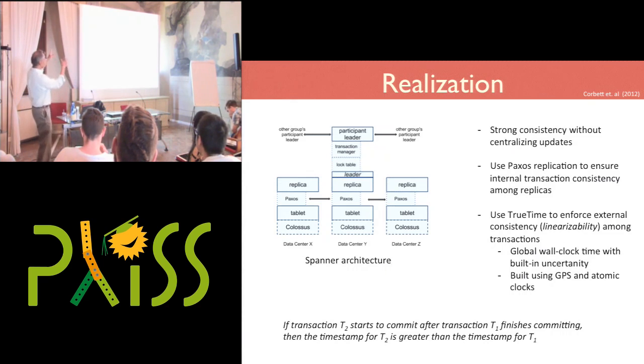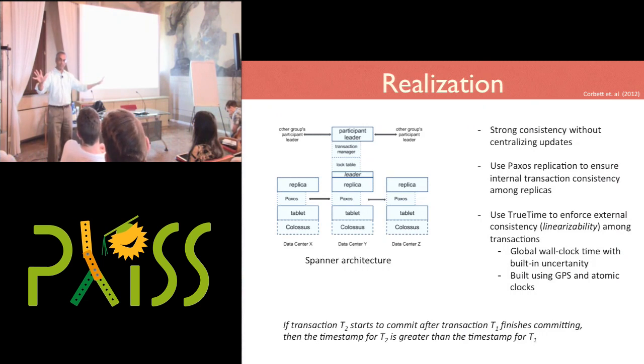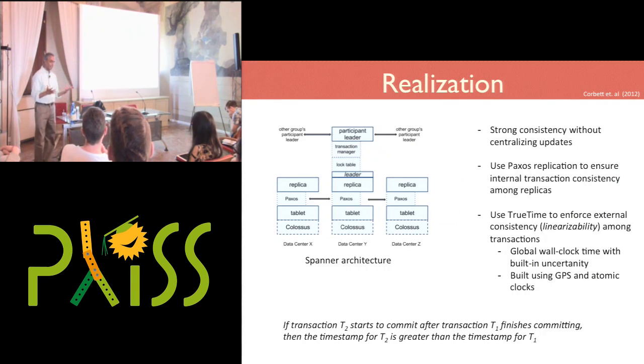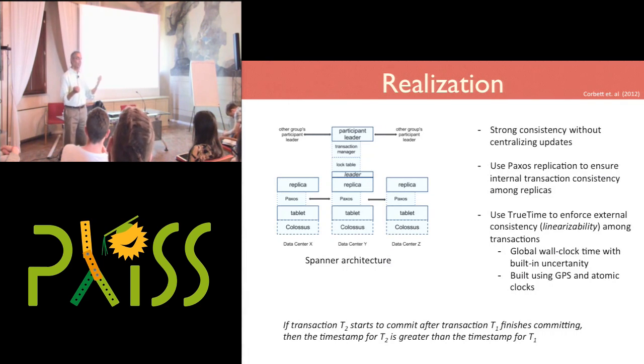Now, Paxos and all this other stuff that they've done, it only deals with this particular transaction here and this other transaction here. It doesn't say anything at all about how you relate multiple transactions together. So Google introduced a new abstraction called TrueTime, which is essentially the realization of the ideal that I talked about in the previous slide. So TrueTime is essentially an abstraction that uses satellites and GPS to come up with a unique, Earth-scale global timestamp.